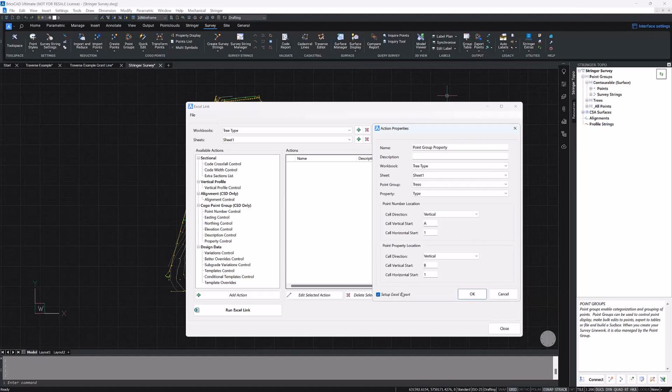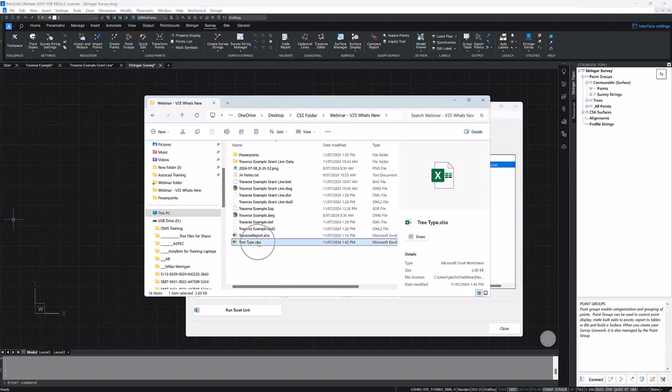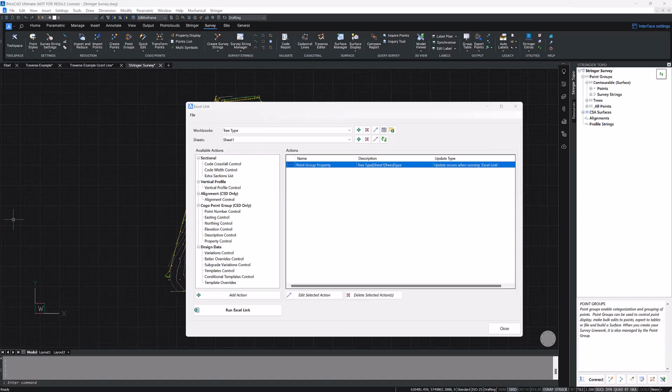Once you're ready, select Startup Excel Export, and it's going to say, okay, how am I exporting this? You can set this up prior. I've just got mine set to test. Going to go OK. And if we look back in that folder I had earlier, you can see we now have a tree type exported Excel file ready for us to edit. So if I open up that file now,